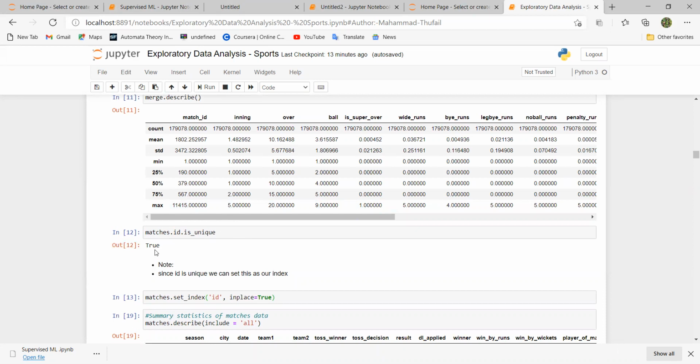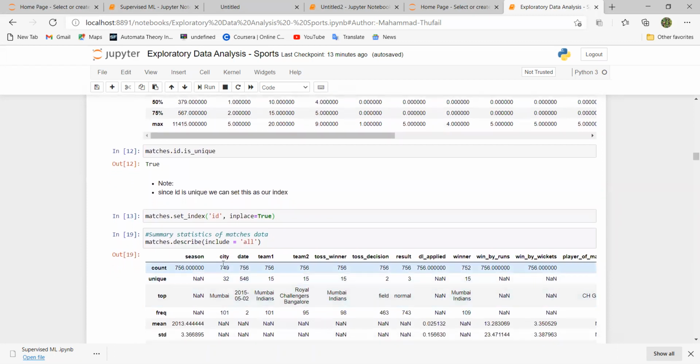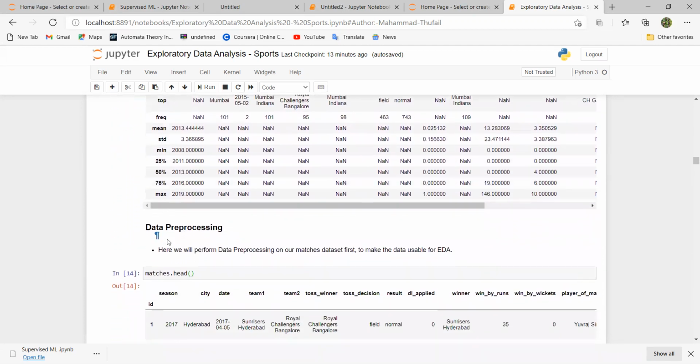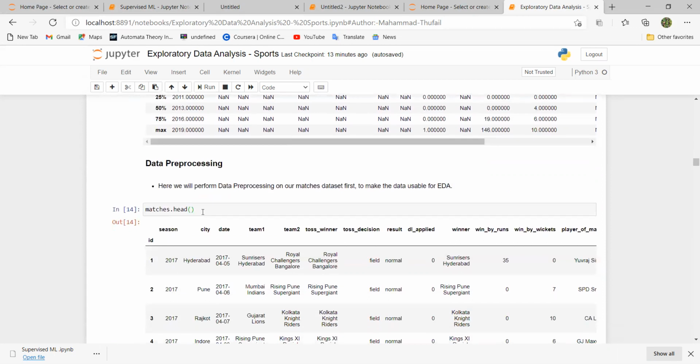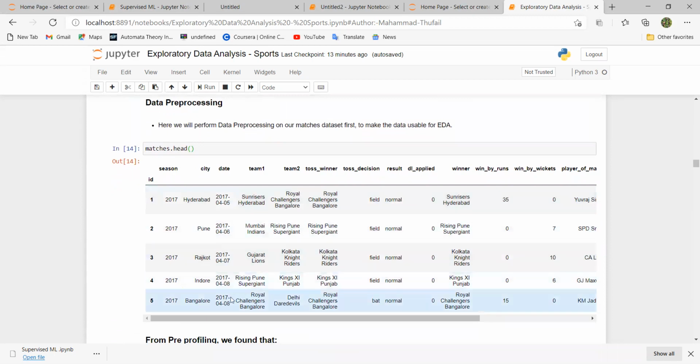We are getting the value as true, which means that we can use it as our index. After that, we will describe the match, which gives the summary statistics of the match data, which is like this. Now we need to pre-process the data in order to make it better for the exploratory data analysis. So matches.head goes like this.